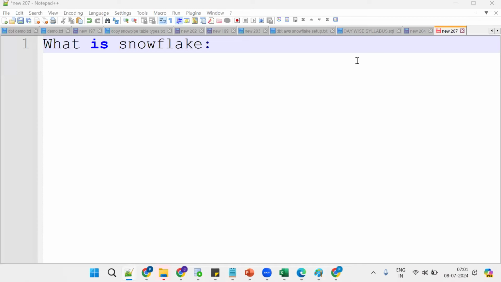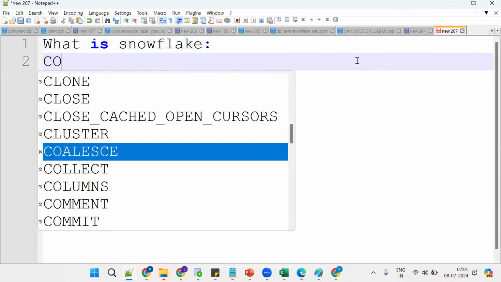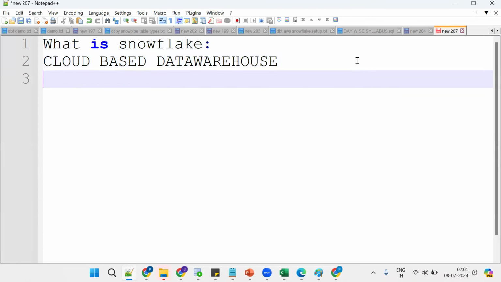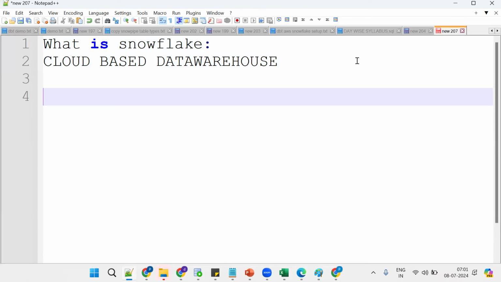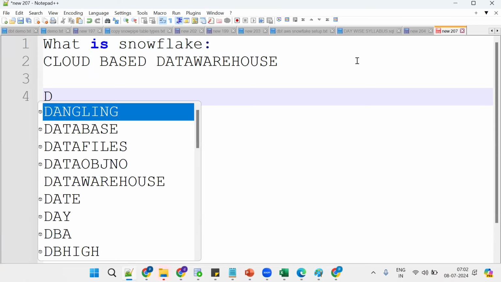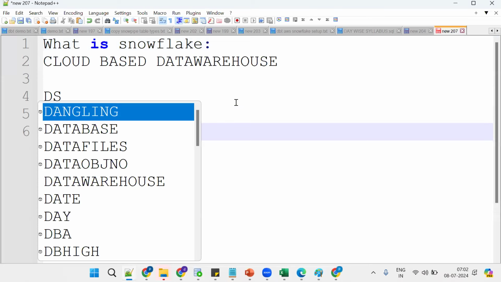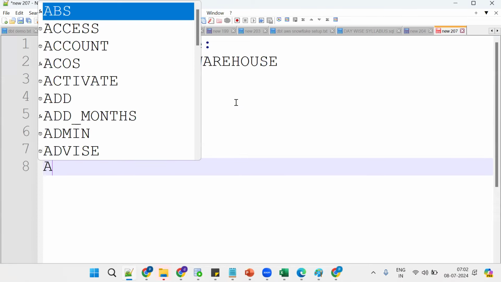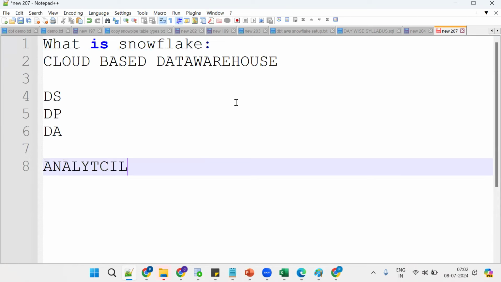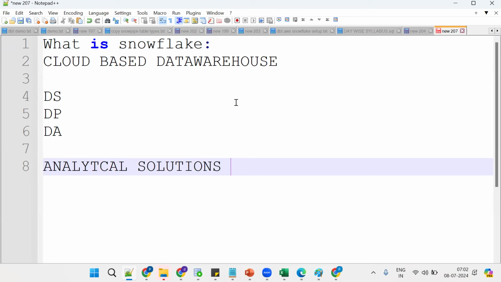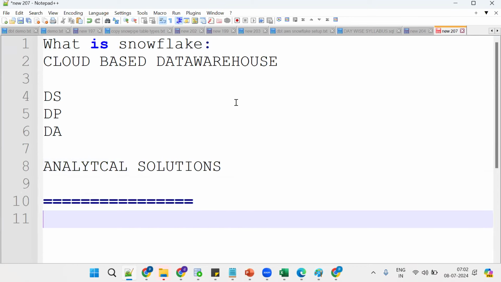Snowflake is a cloud-based data warehouse, mainly for analytical solutions. It's used for data storage, data processing, and data analytics. Simply, it's an analytical solution. Okay, remember. And Snowflake is mainly for data